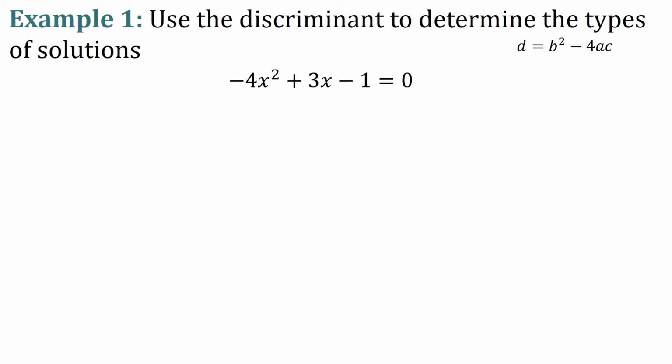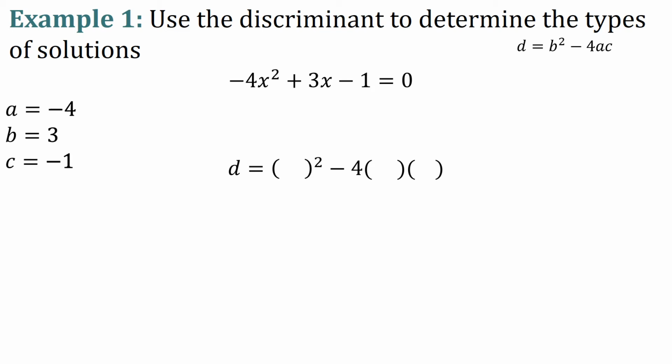Now, to use the discriminant, we must know what our a, b, and c are. A is always with x squared, which is negative 4. B is 3 because it's always with x. And c is always by itself, which in this case is negative 1. Now we're going to plug it into the discriminant. B squared, so that's going to be 3 squared, minus 4 times a, and a is negative 4, times c,